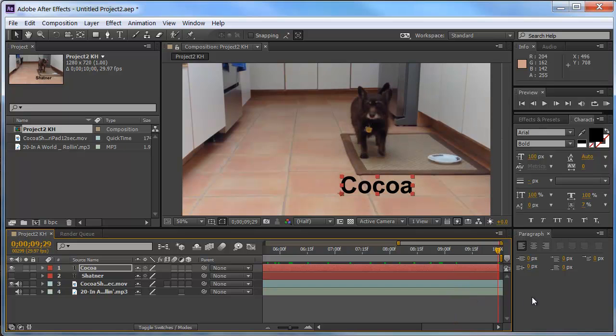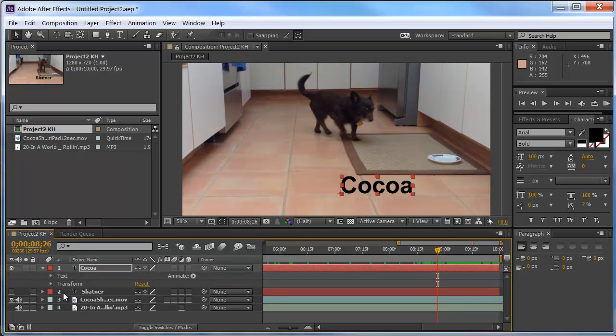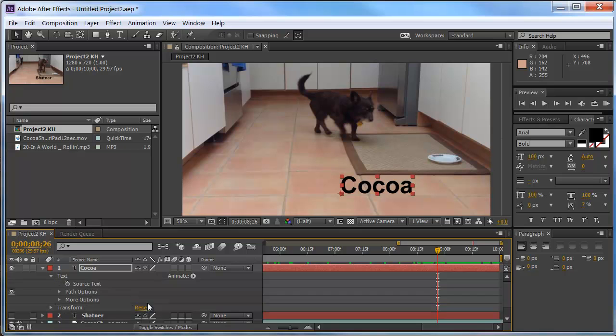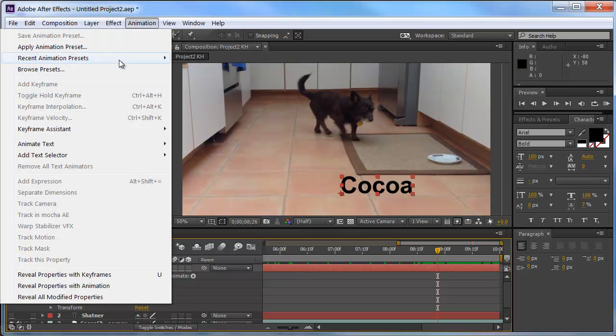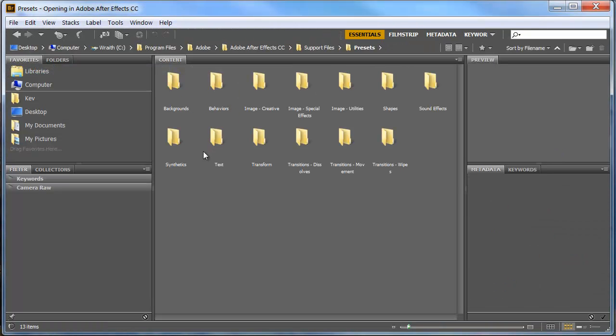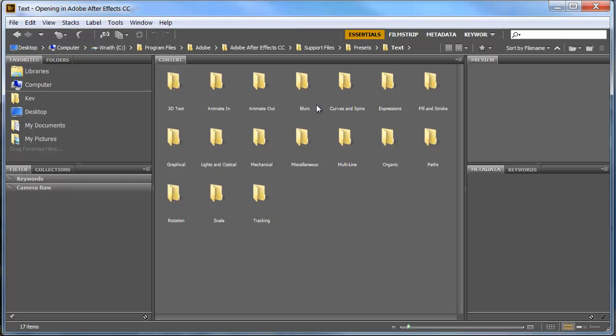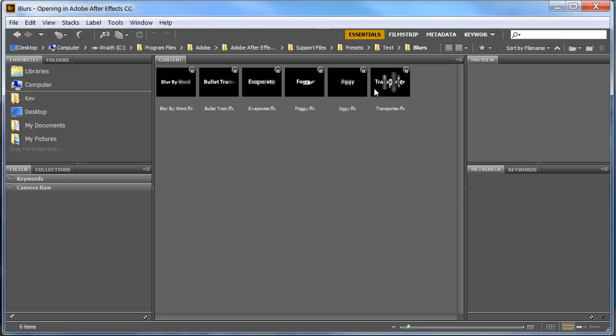and we're going to have it appear. Let's go right about there. I'm just going to open this up. Now, make sure you're selected. Just click on your little red line here. Same deal. We're going to go animation and browse presets, text, and blurs. And I think bullet train works pretty well, so we're going to go ahead and use that